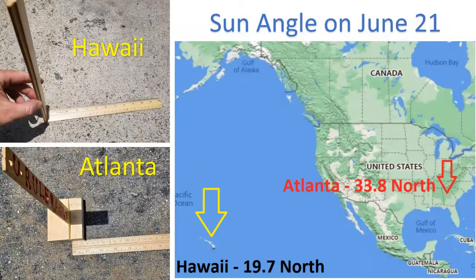And you'll notice over here in Hawaii, at solar noon, or that point of the day where the sun is highest in the sky, in June, there was almost no shadow caused by that ruler in Hawaii. That's because the sun was so much directly overhead. It was coming down on top of you almost at 90 degrees. The sun was very concentrated. But in Atlanta, we had a much longer shadow, which means the sun was at a lower angle in the sky, meaning the sunlight was a little bit more spread out and not as intense.